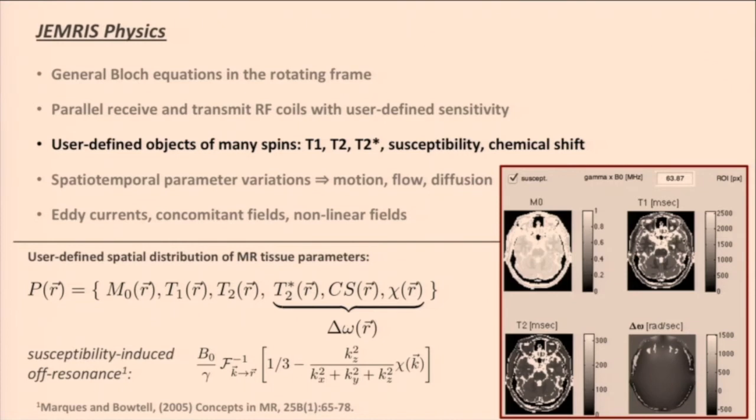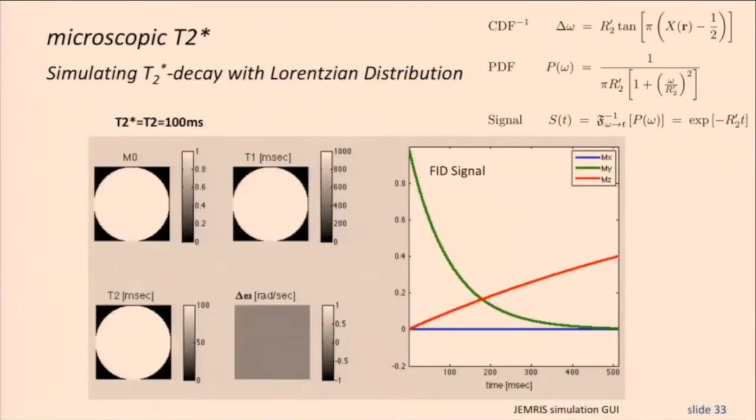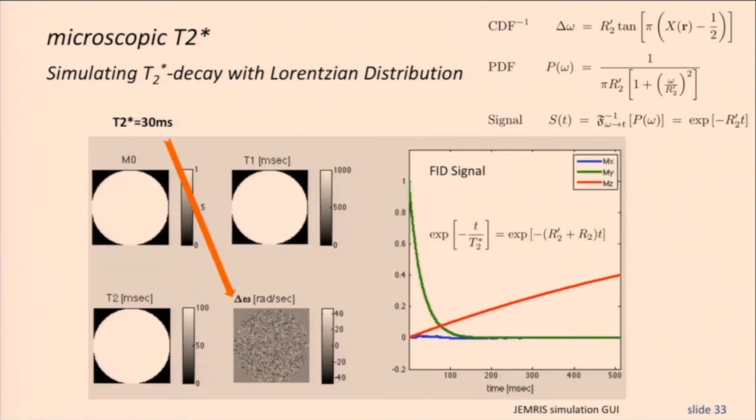Yeah, so off-resonances can of course also be simulated, and T2 star can be simulated. T2 star is typically most easily simulated using a Lorentzian distribution of off-resonances of each spin, which then nicely simulates this faster decay of the signal,